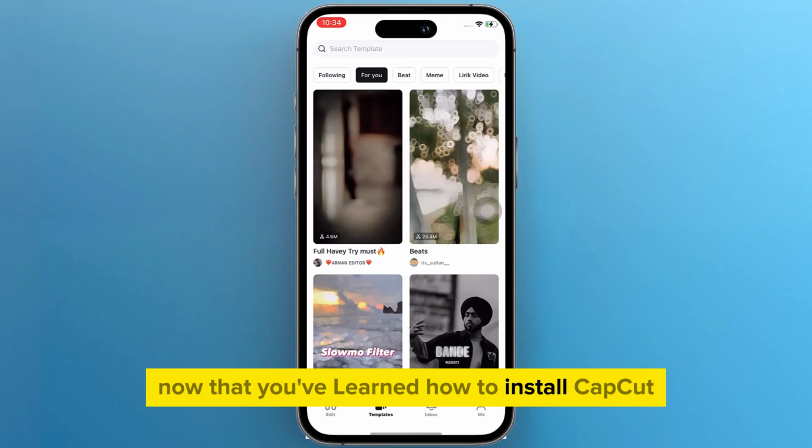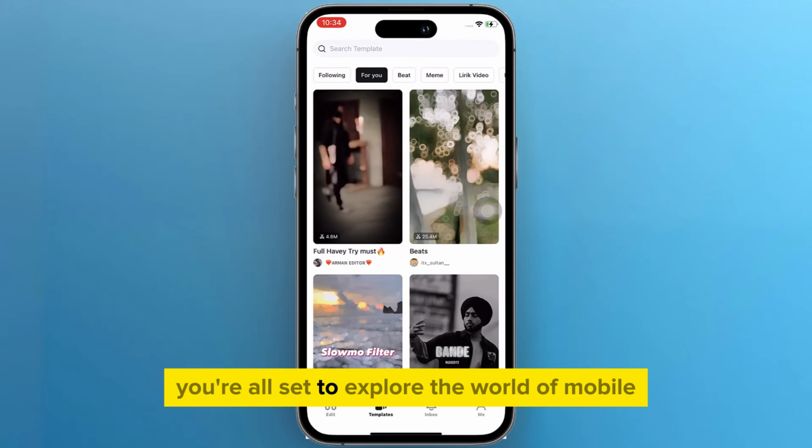Now that you've learned how to install CapCut on your iPhone, you're all set to explore the world of mobile